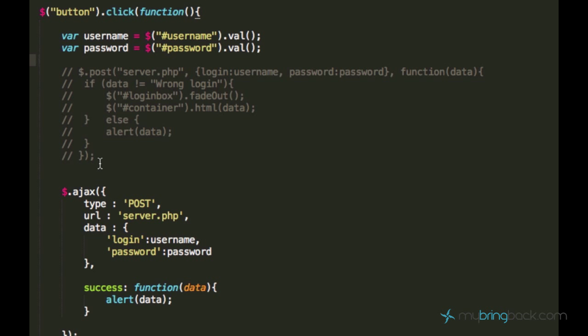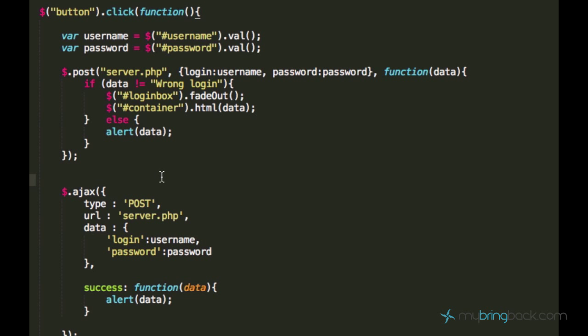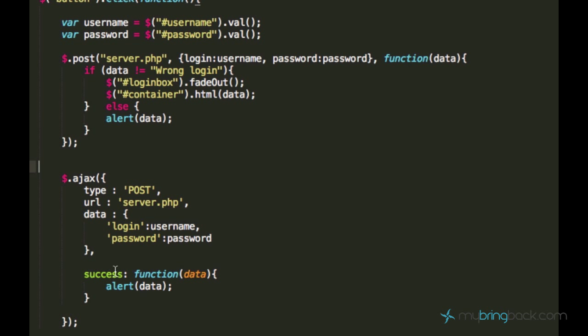And probably one of the advantages of using this type of function to perform an AJAX request is that you see all the parameters like type of request and URL and data, what you send. So it's just better to understand this code. But for me personally, I use this post request because I mostly work with post requests when I use jQuery, and that's why I'm more familiar with this post request than with this AJAX request, even though they do the same. Alright guys, and this was one of the last tutorials on AJAX,